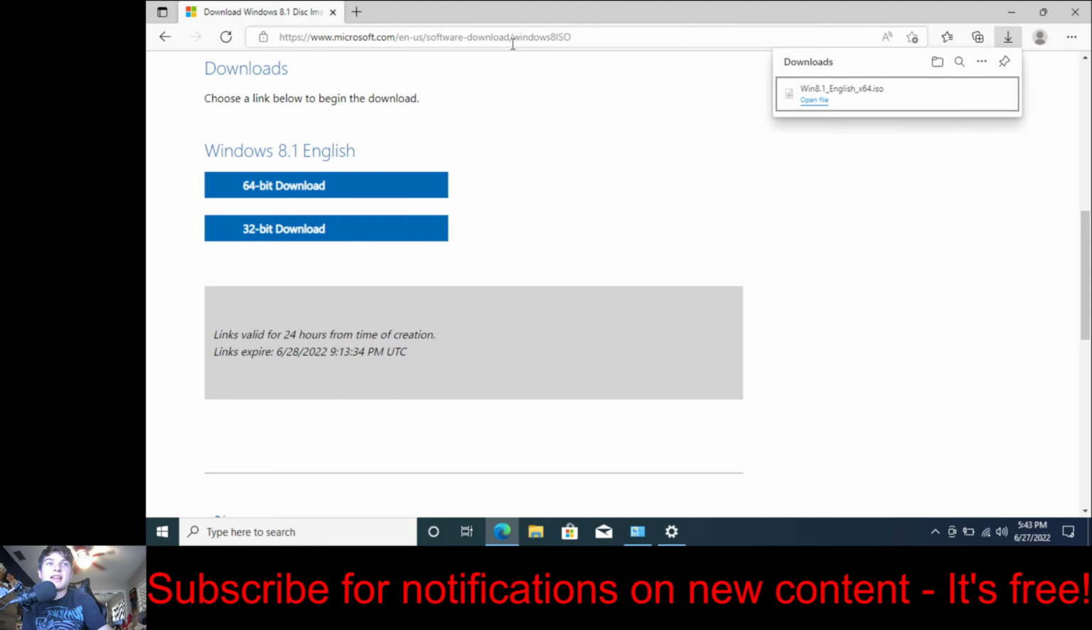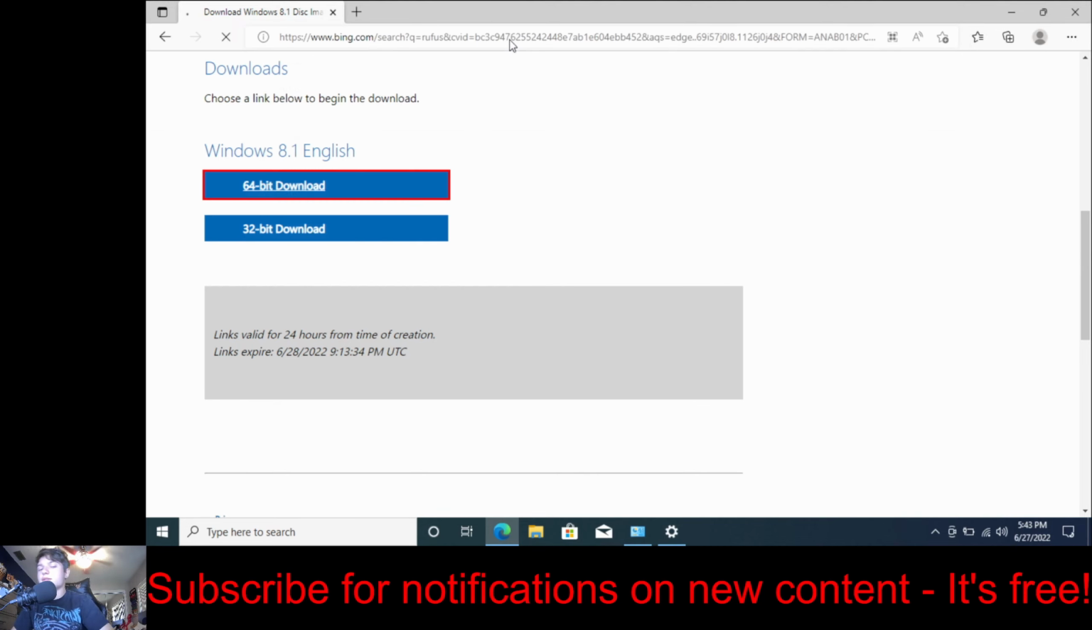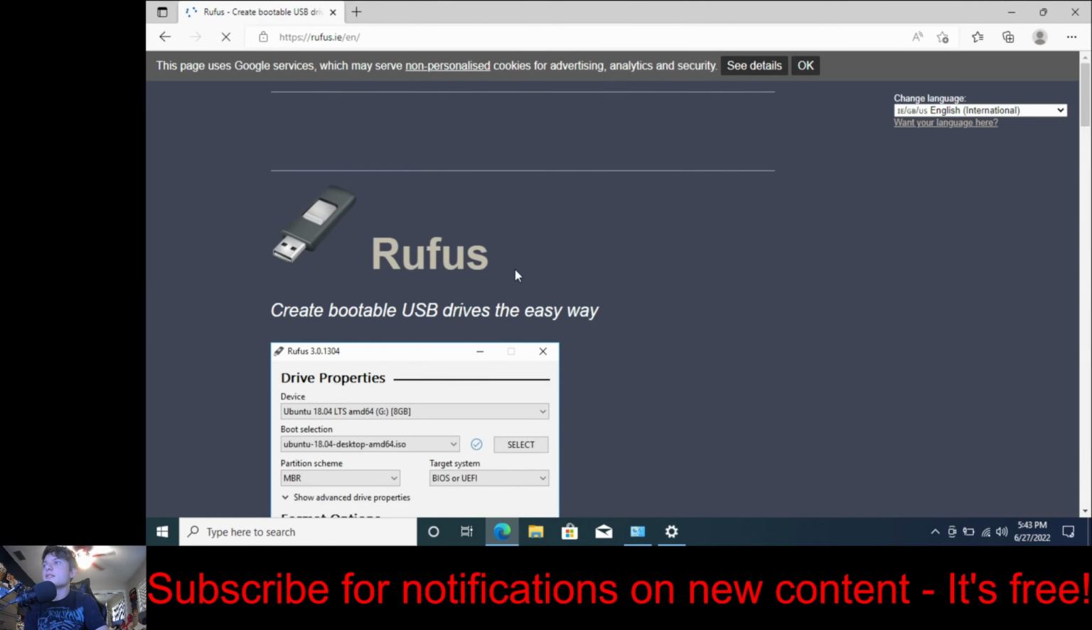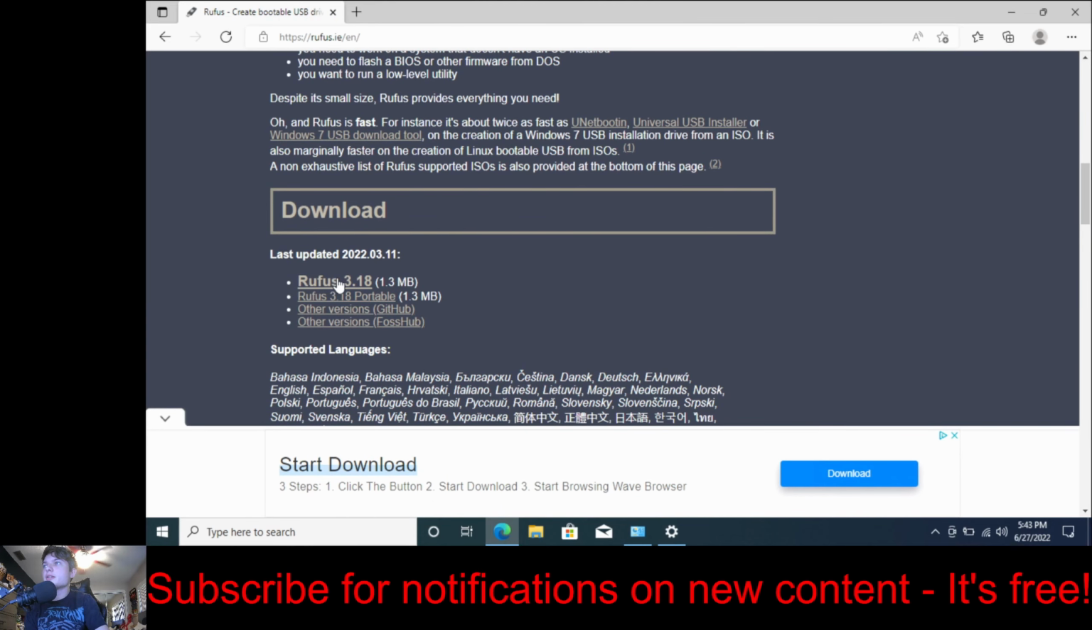And now that the Windows 8 ISO is finished downloading, we will now go to our search bar and type in Rufus. Rufus is a software used to create bootable USB flash drives. There are a lot of different softwares that can be used to burn files to flash drives, but Rufus is what we will be using in this video. So we will go to the Rufus official website, rufus.ie. We can close this, and we will scroll down to the download section and click the Rufus 3.18 button,